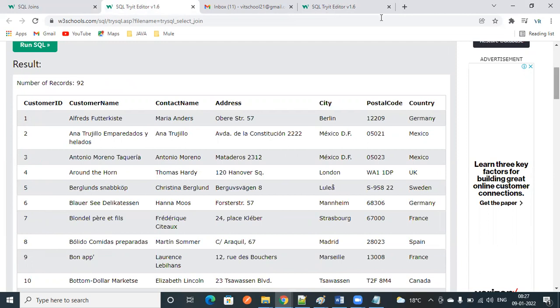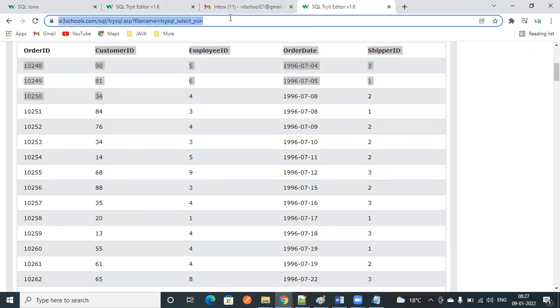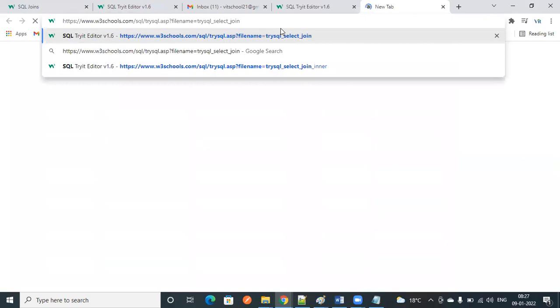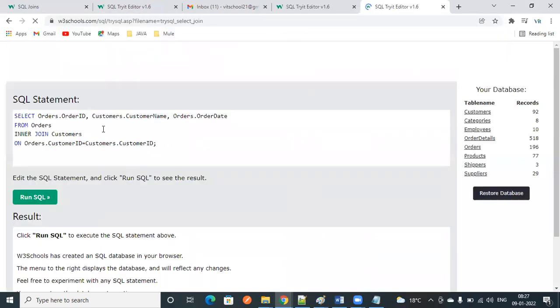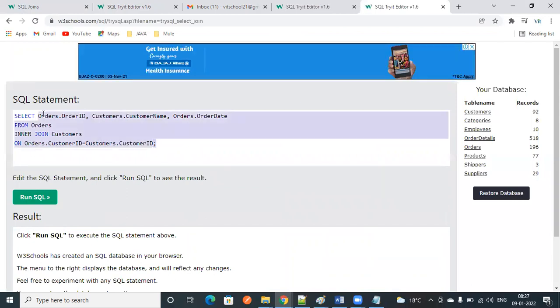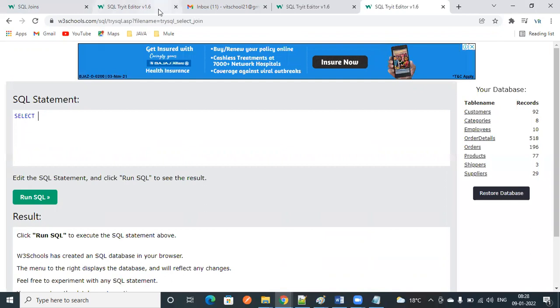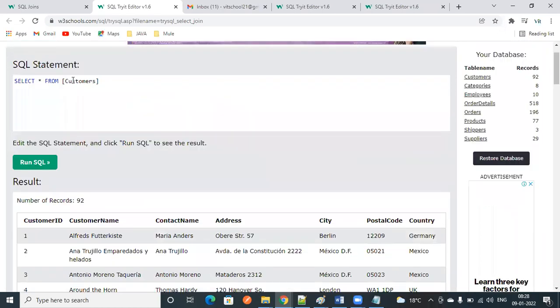I'm going to take another editor. Just observe. Select, what are the columns required? I want all the columns from the customers table.